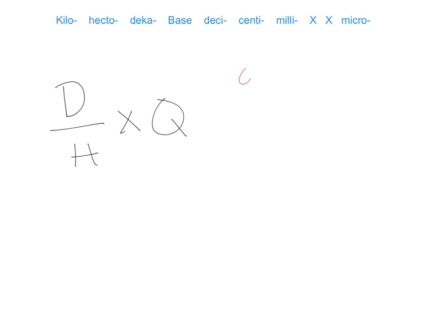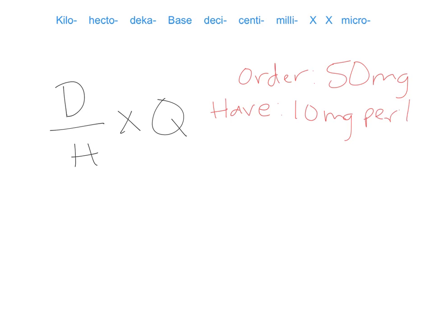You'll have an ordered dose. So say what was ordered is, let's say, 50 milligrams of a particular drug. And then you'll also be given what we have. So this represents how that medicine comes. If we have a particular medicine that's, say, 10 milligrams per tablet, I'll just write per tab here, then